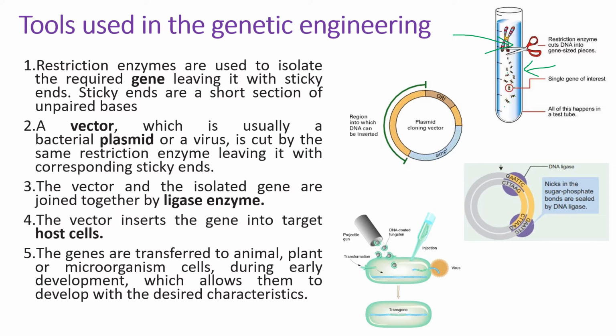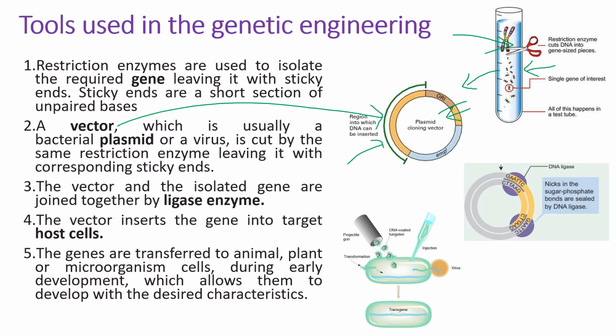Then second thing you need is a vector molecule. It's also a double circular or single stranded DNA molecule, usually the bacterial plasmids, then viruses, certain non-virulent viruses, sometimes the yeast genome, then certain artificial synthesized genomes can also be used as a vector molecule, vehicle molecule, or a carrier molecule. So these are the carrier molecules which we will use for inserting the gene of interest from one organism into these vectors.